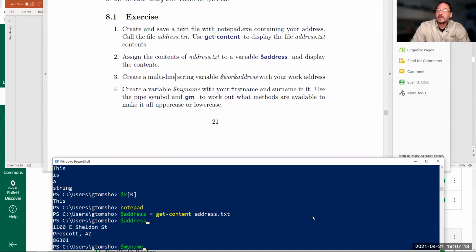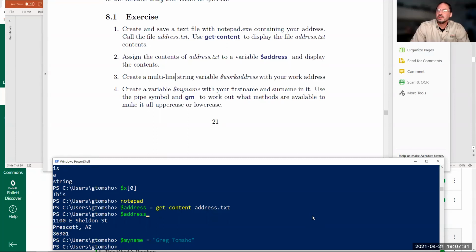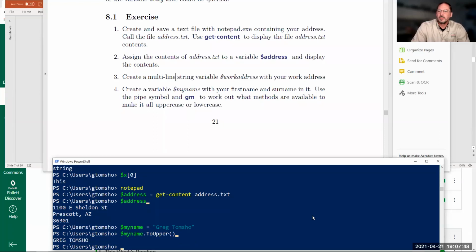So we'll go on to line 4. Create a variable with your name, and a pipe symbol and Get-Member to work out what methods to make it. So basically they want me to convert it to upper or